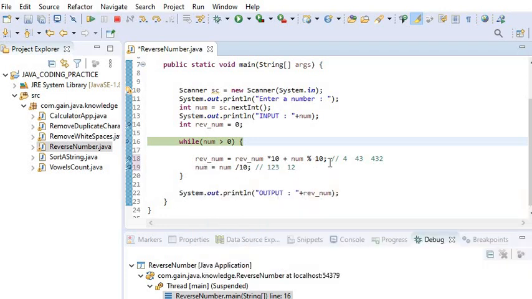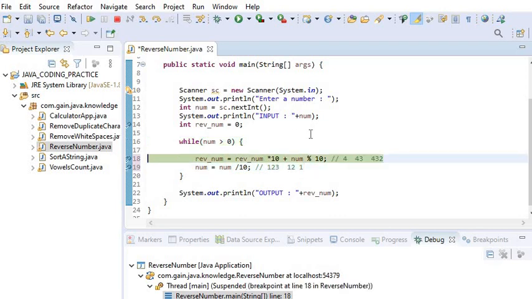Now the number value is 12, which is greater than 0, so the condition will be true and the iteration will be performed. Here 543 will be multiplied by 10, and we add the remainder, 12 modulus 10, which is 2. Then the number becomes 1, and the same steps give 5 4 3 2 1.